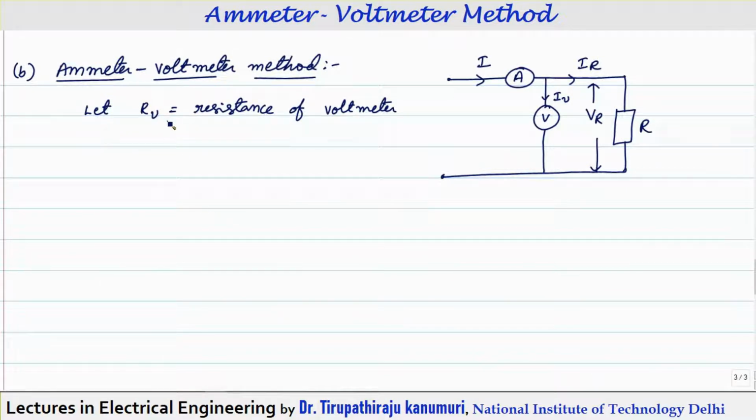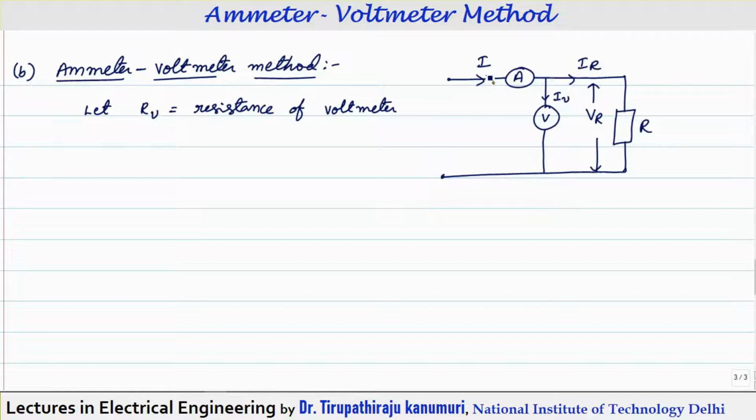So the second type of connection that is possible is, first we connect the ammeter followed by the voltmeter. You can see here the ammeter is connected first followed by the voltmeter. So practically the voltmeter also draws some current. Let us assume the current drawn by the voltmeter is Iv and the current that is passing through the resistance I am taking as IR. So the voltage drop across the resistor is VR. Whatever is the voltage drop across the resistor, the same voltage drop is appearing across your voltmeter also. So your voltmeter will measure the voltage drop across the resistor. That means whatever is indicated by the voltmeter is equal to the actual voltage drop across the resistor.